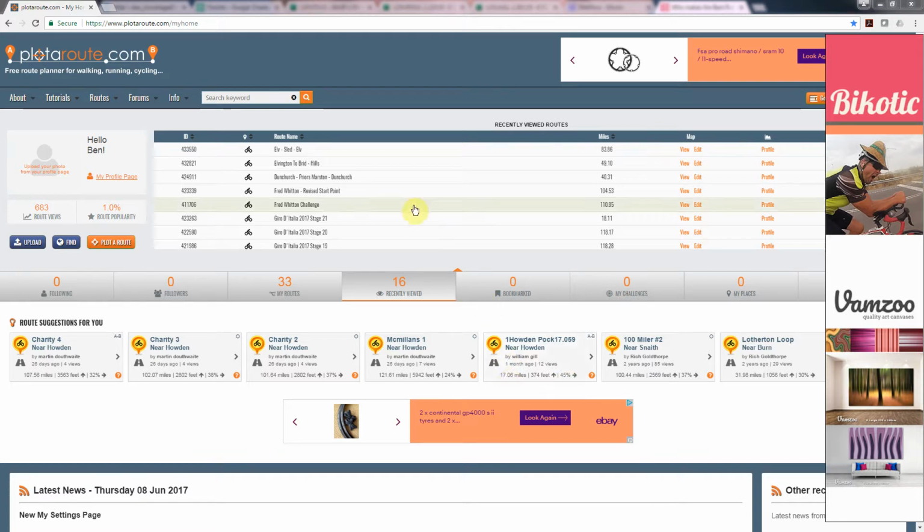So this is Plotter Route. As far as I'm concerned, this is the best routing software if you ride on the road and you've got a Garmin 800, or I think the newer one's the 1000, that allows you to put a route in from a GPX file and then you can follow that. But what's great about Plotter Route,